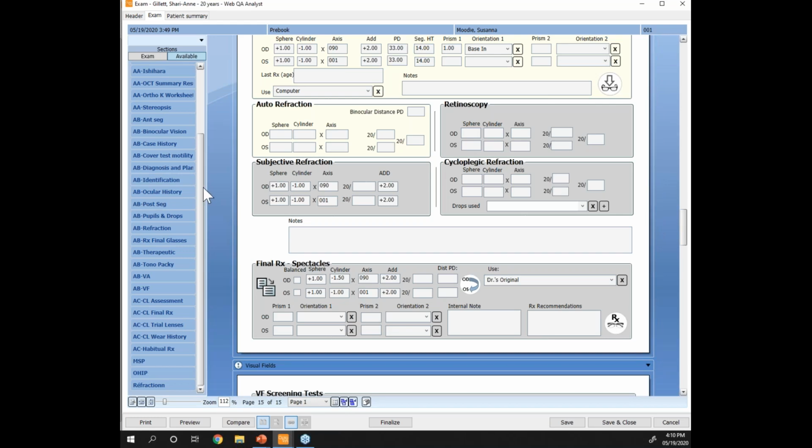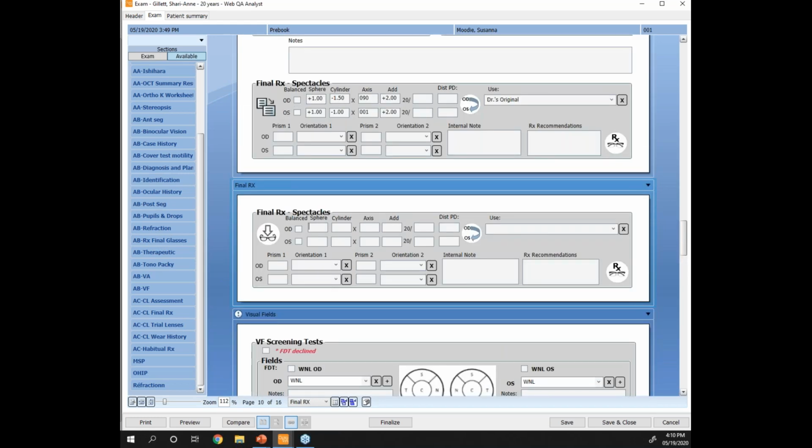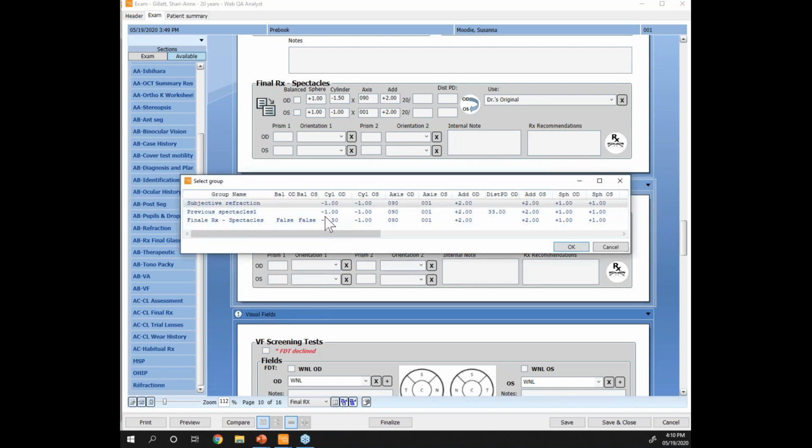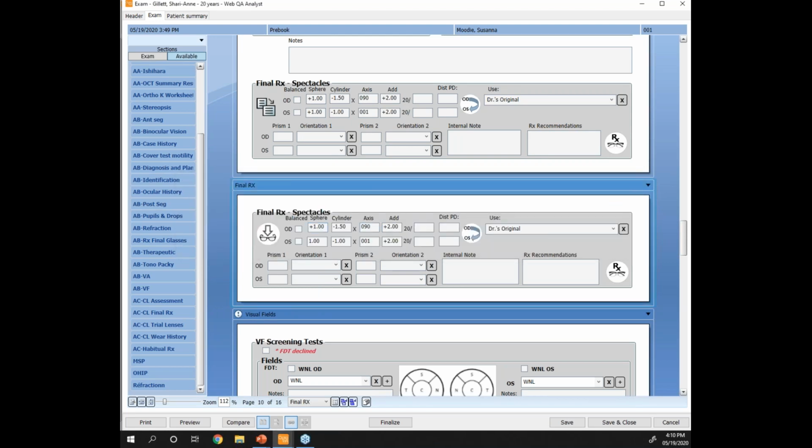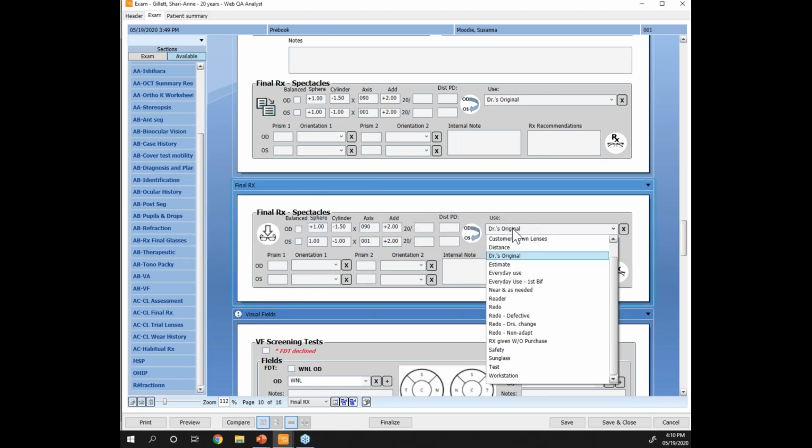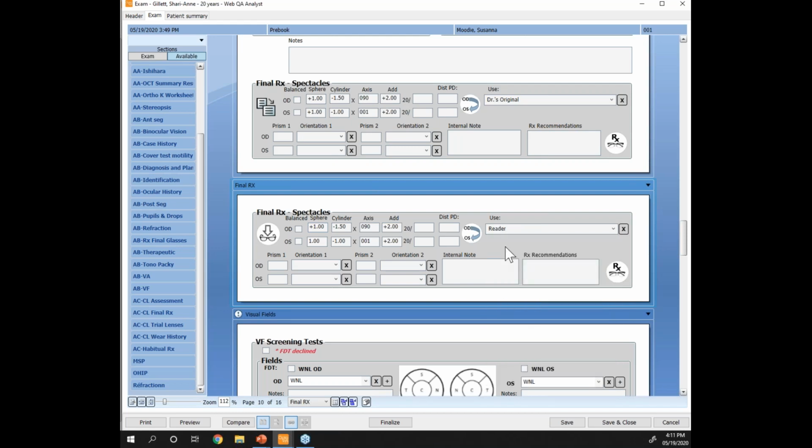So in that case, I'll be able to come into my available section here on the side, select my RX glasses, final RX, and drag and drop it in my exam. So I can choose where I want it to appear in my exam. And as you see now, I have copied the RX, where I'll be able to copy maybe my first final RX into my second one, and just modify one or two things and call it instead my reader RX. So yes, I'll be able to put